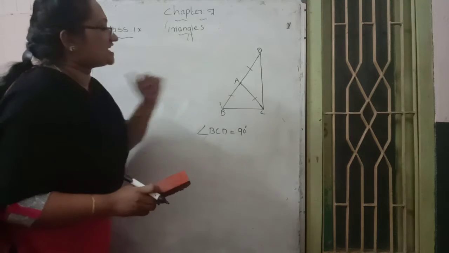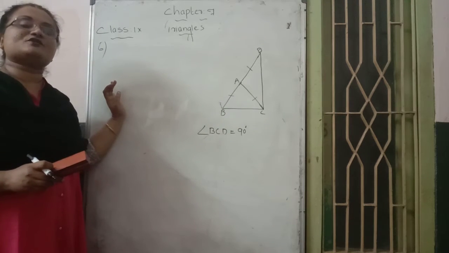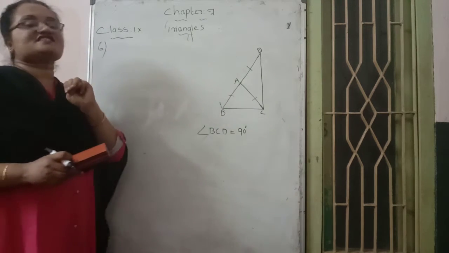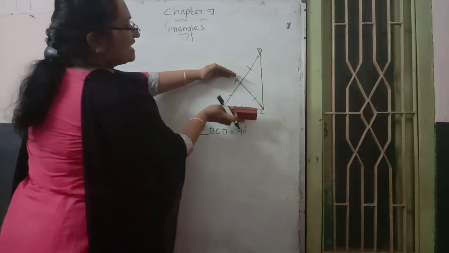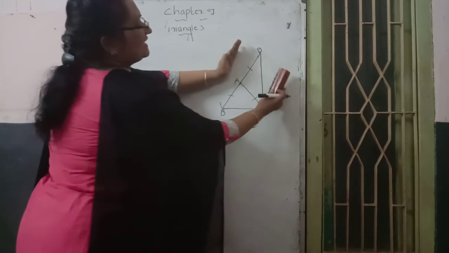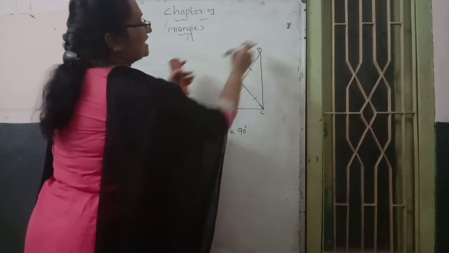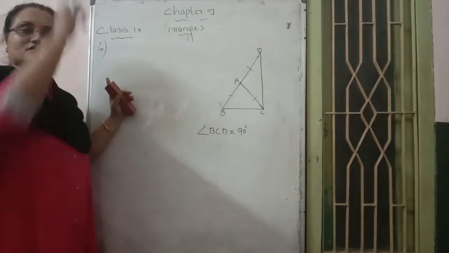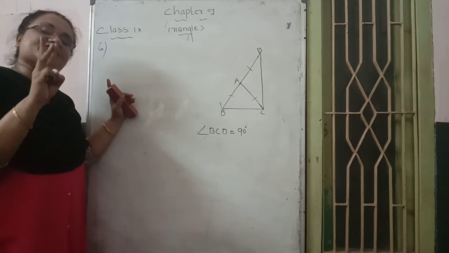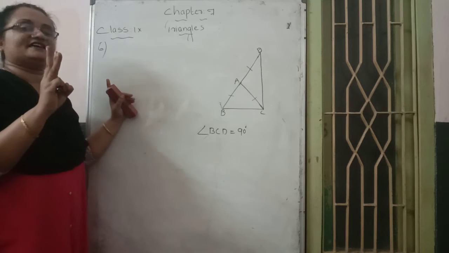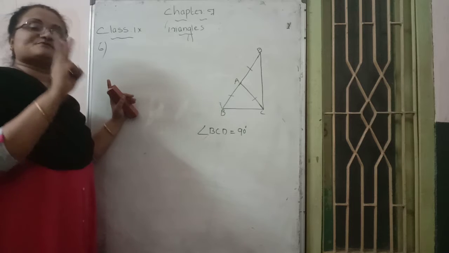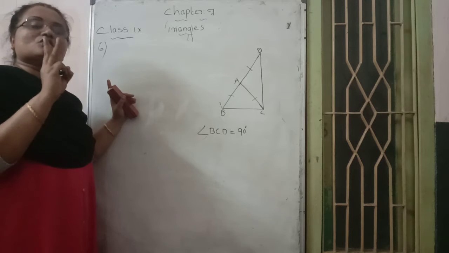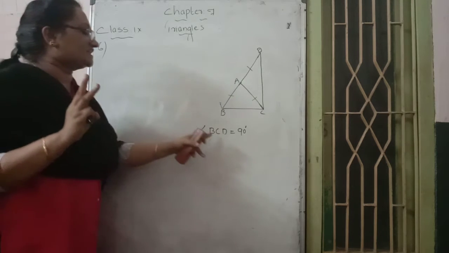Here, in this diagram, how many triangles are we able to see? 3 triangles are there. Which are they? First triangle is ABC. Second triangle is ADC. Third triangle is this full triangle, BCD, the full big triangle. So we can see 3 triangles. With respect to these 3 triangles, we go through proving and finally reach the answer.